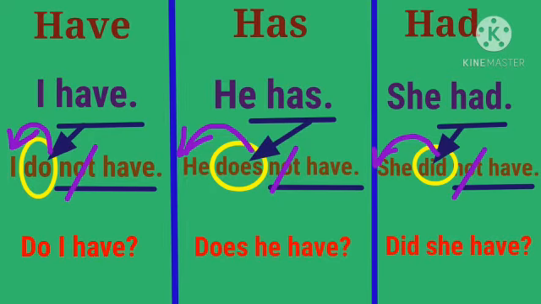Clear? So to make the sentences interrogative, you have to just remember that if you find have, then add do. If you find has, then add does. If you find had, then add did there in the beginning of the sentences. Then write the full sentence whatever is given. But in place of has or had, write only have. Hope it is clear to you. But we will practice now with more examples.